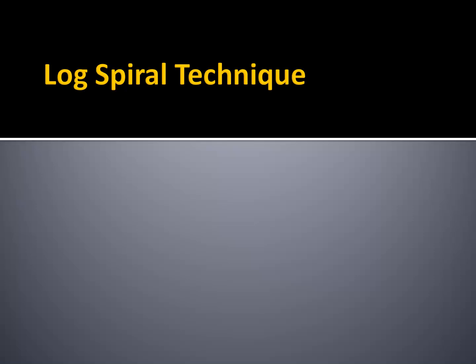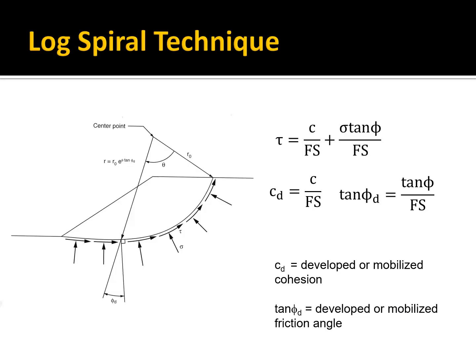Okay, our next limit equilibrium technique I want to talk about is the log spiral technique. With the log spiral technique, we assume that the shape of the failure surface is in the shape of a log spiral. Not only that, but it's a very specially formulated log spiral. So we choose a center point and then a point on the top, the head of the slope where the surface starts. And then as theta increases